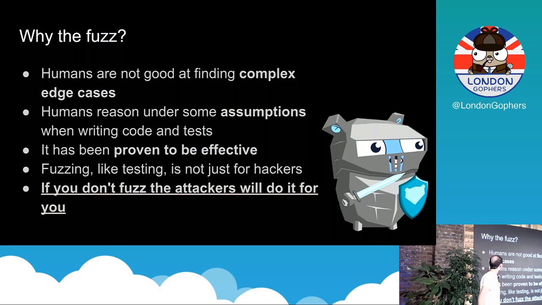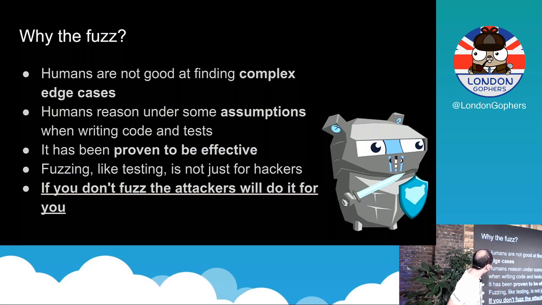Humans are terrible at finding edge cases, because when you write your code, you write your tests, right? You should write your tests. And you have your code in your mind. So you're following some kind of rules that are not said and are not in the code, but you expect some kind of input to respect some kind of rules. You work under assumptions. Those assumptions are not in the heads of your users, but most importantly, they're not in the heads of your attackers. This is always something that you have to think about.